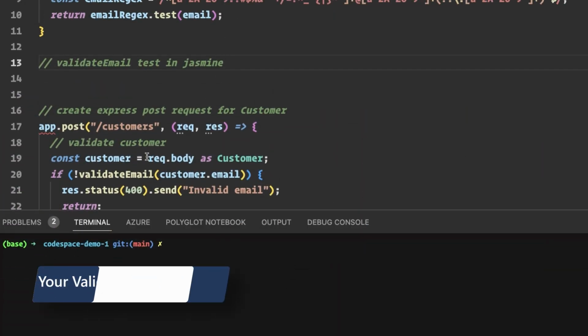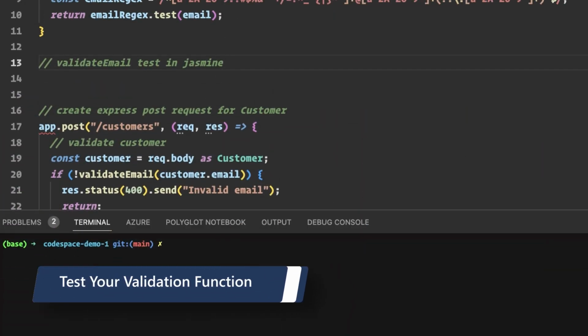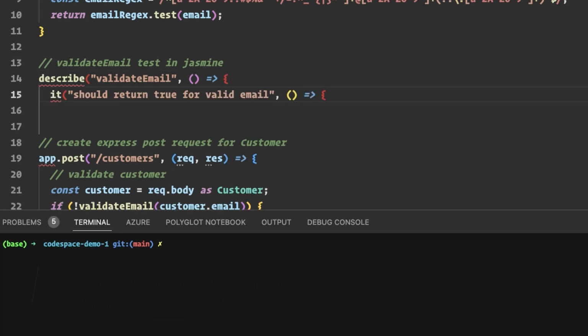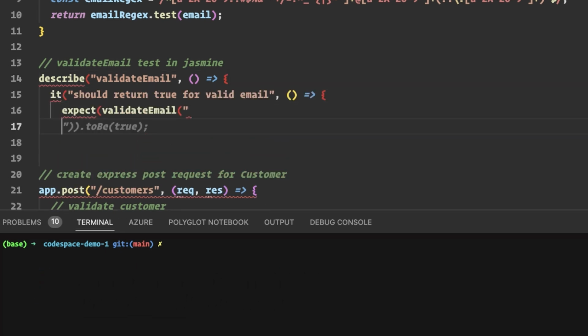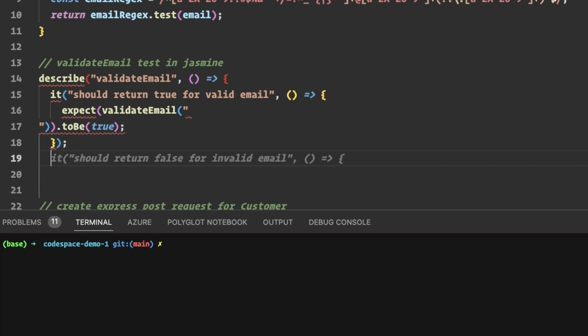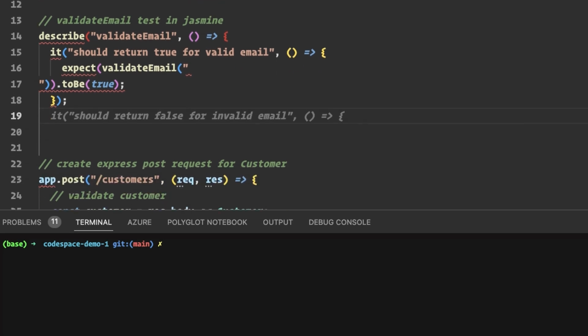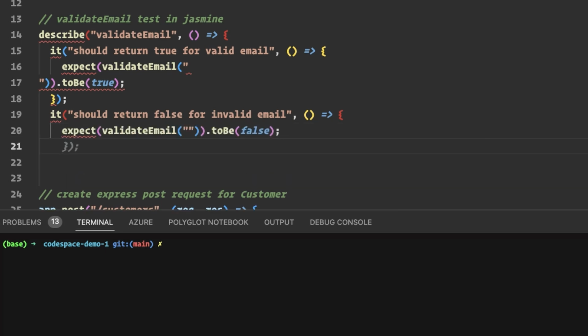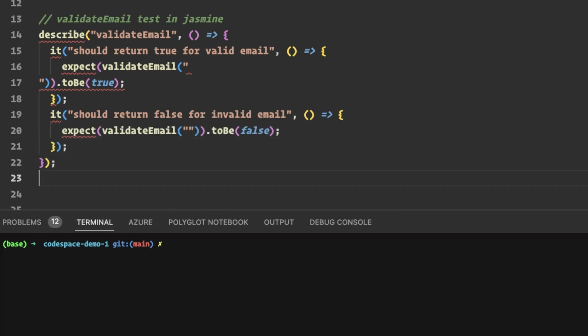So I'm typing my prompt, validate email test in Jasmine. And I can see how it's giving me the describe, the it, and the expect, and everything is supposed to be true. So at this point, I have everything that I'm asking for. It even suggests a new test for me, should return false. So let's try to add that one as well. Great, so now I have a test that should succeed, and I have another test that shouldn't succeed.